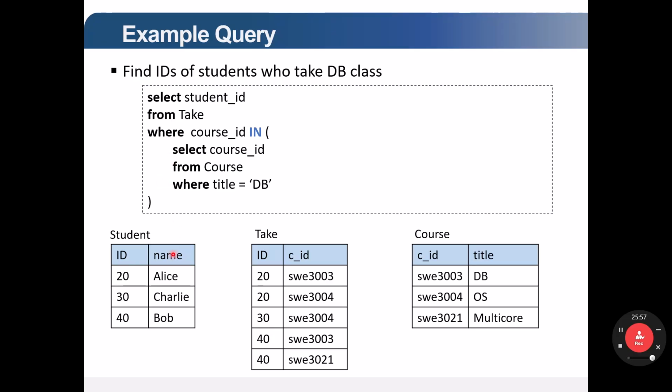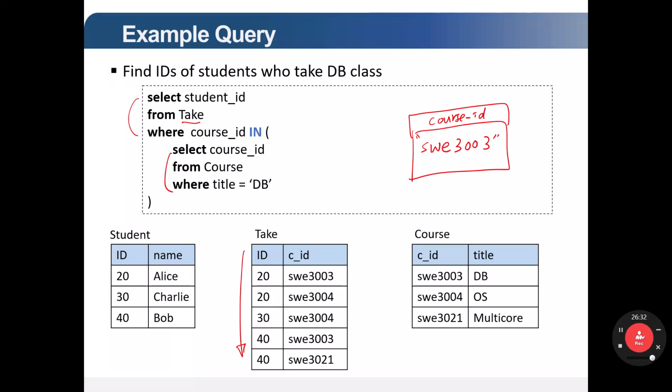Okay. So when we have such nested query, we first process inner query and store that intermediate output in main memory. So inside the main memory, this SW3003 will be stored as a table with a single record and single attribute. And then we go back to this outer query and access take table and scan these records,